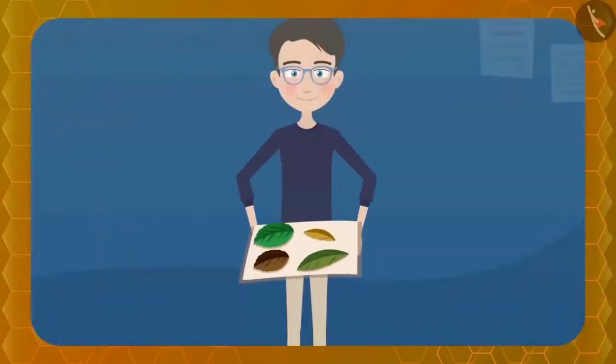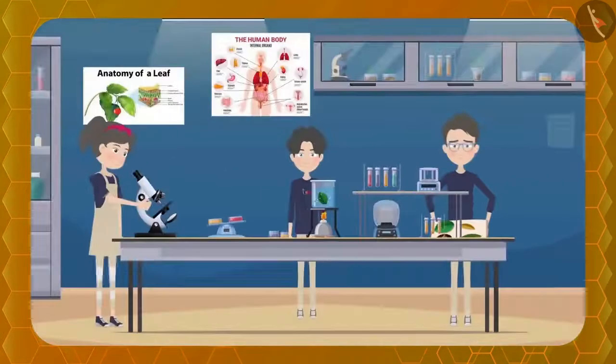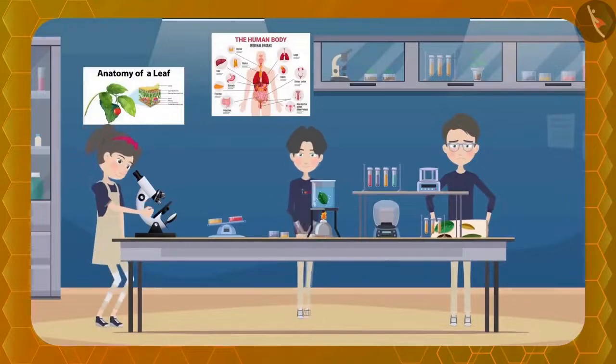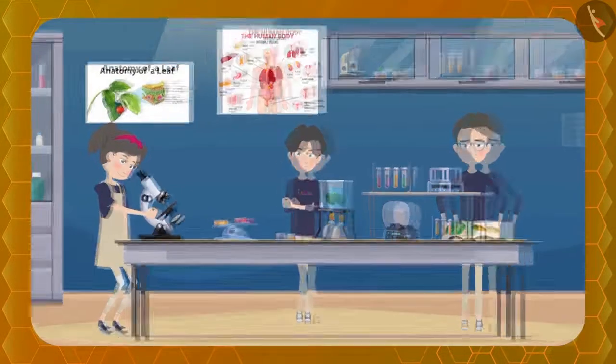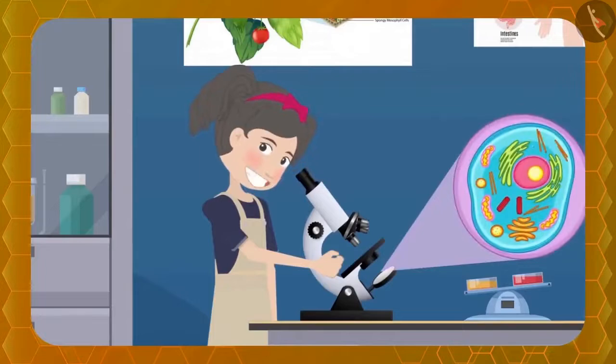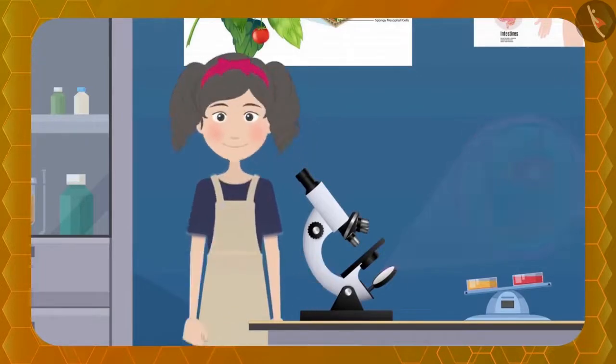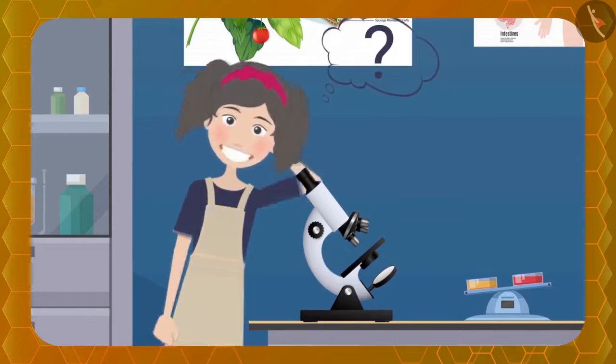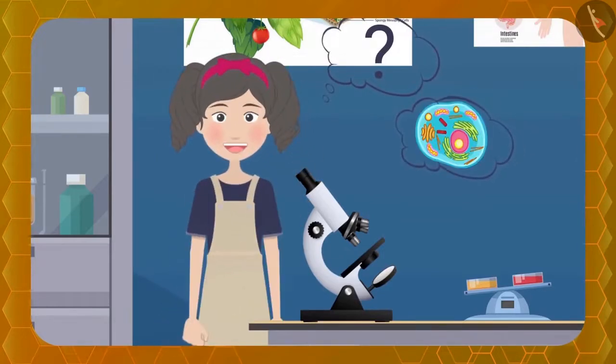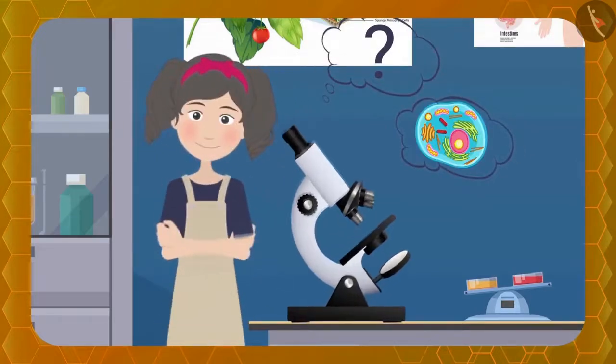Friends, can you see them with your naked eyes? No, these cells are so small that they cannot be seen with naked eyes. If you want to see them, you can see them with the help of a microscope, which you can find in your school biology laboratory. Well, a question must be arising in your mind: the cell which is so difficult to see, how difficult it must have been to find out about it. First, let's see how the cell was discovered.